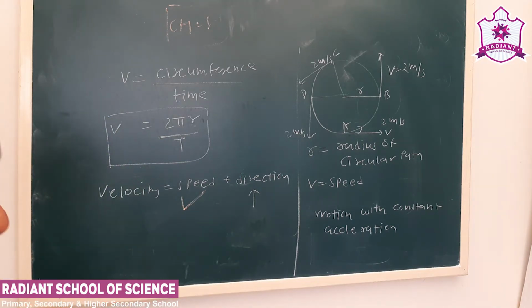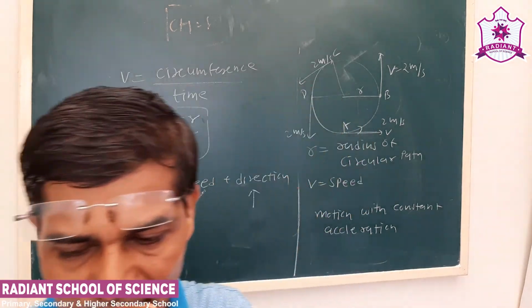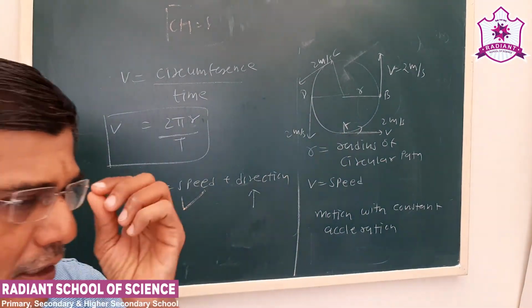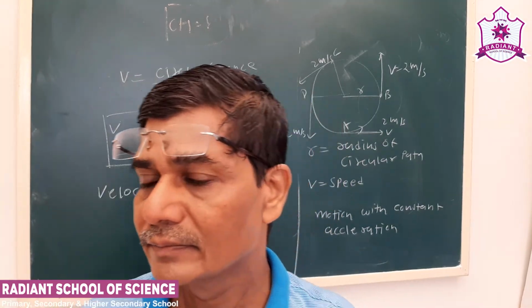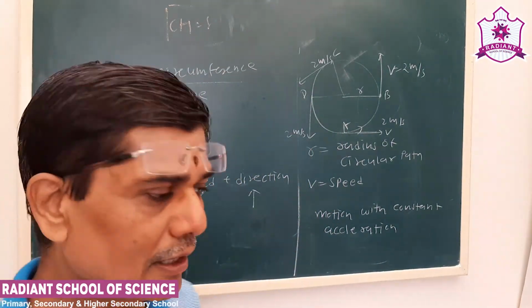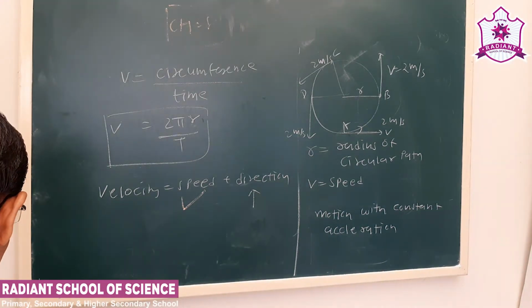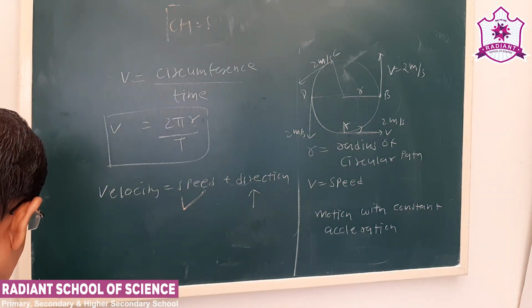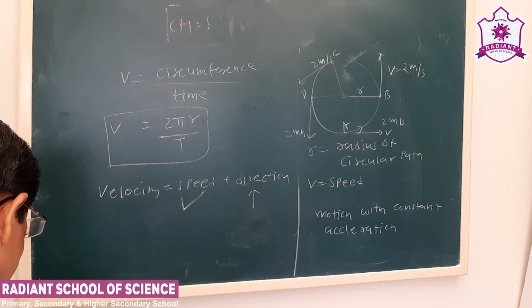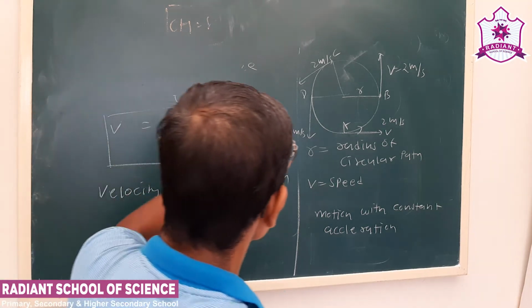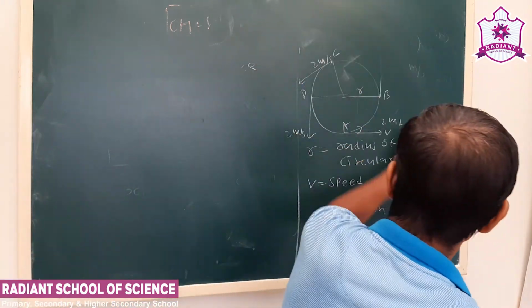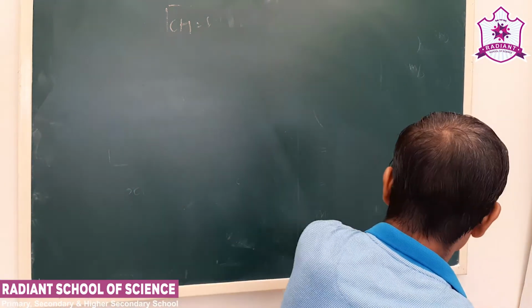Now see, there are a number of uses of this, but that we'll study later on. Now mostly our theory part is over. The lesson number 8 theory part is over. Now we take examples from the exercise in the textbook. Now see our first example from the textbook that I am going to solve now.